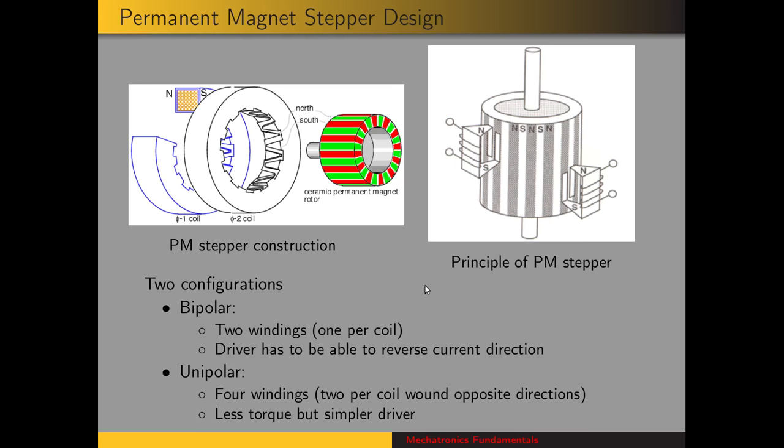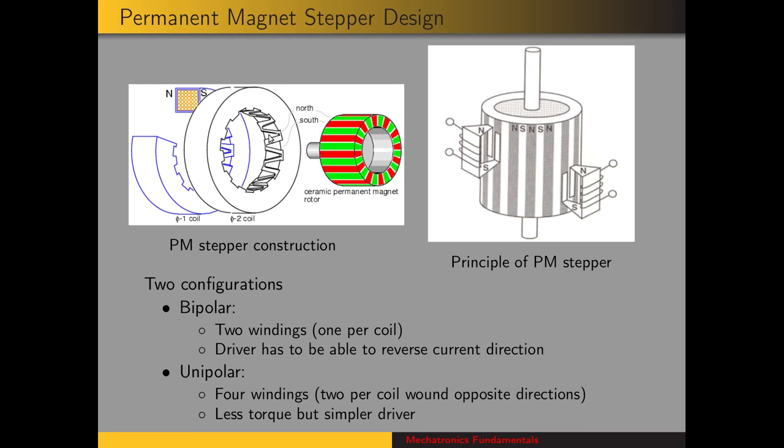Now on to the permanent magnet stepper design. And this is the third stepper design, and then we'll look at windings and electric drives. For the permanent magnet stepper design, the rotor is made up of a permanent magnet that is divided into these stripes, and you have alternating polarity going around the rotor. There are two coils in a permanent magnet stepper motor, so the stator is made up